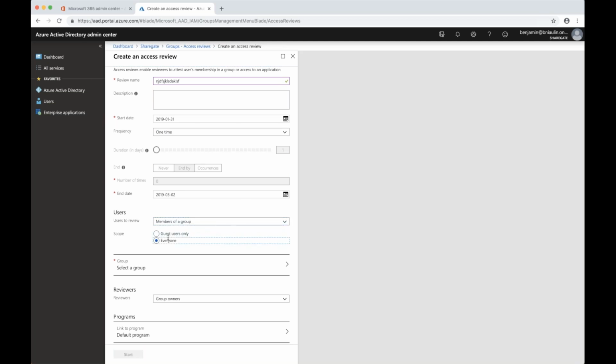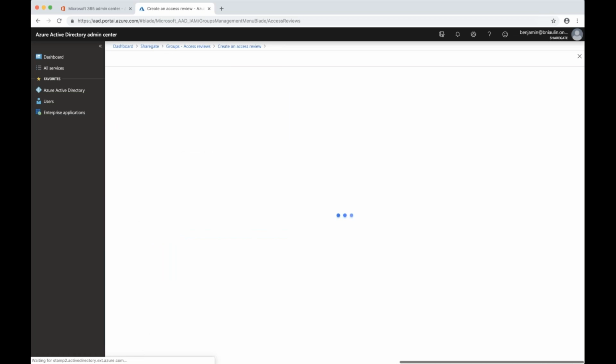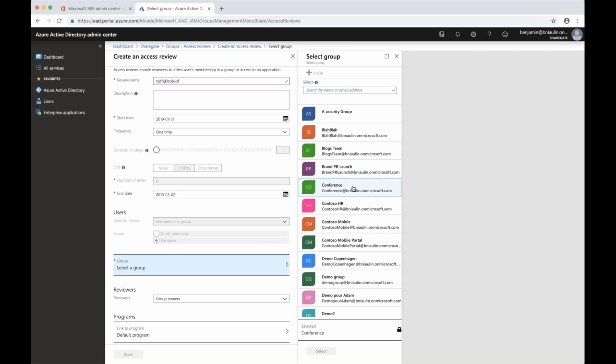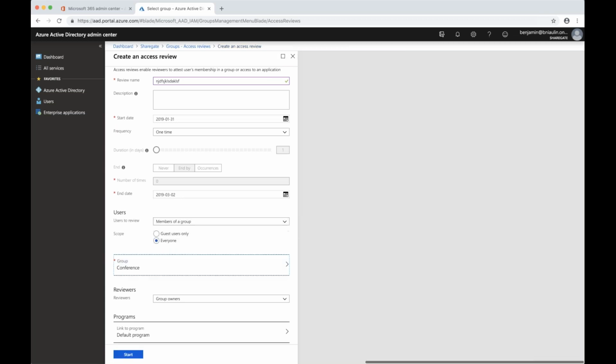So who do you want to review inside of your Office 365 group membership? What's the access you want to review? Let's say guest users only, or let's say everyone. Unfortunately, you have to do this group by group. The last time I checked, at the very least, maybe no, you can still only choose one at a time, select. And now what's going to happen is for the group conference, the owners, the group owners, the reviewers,